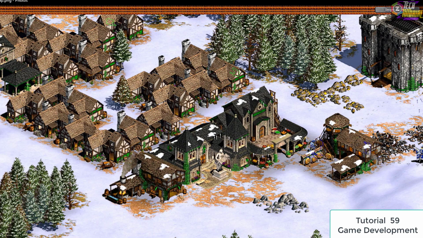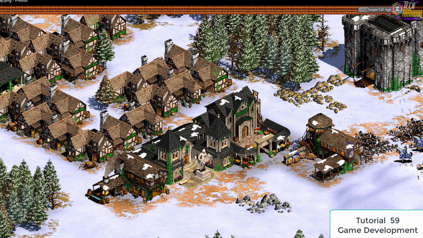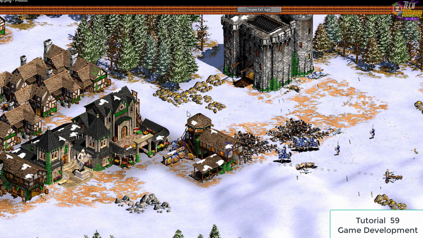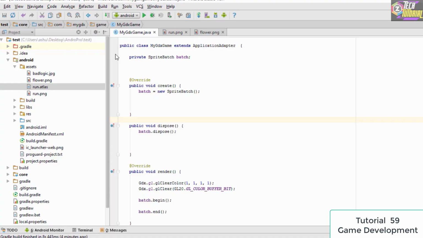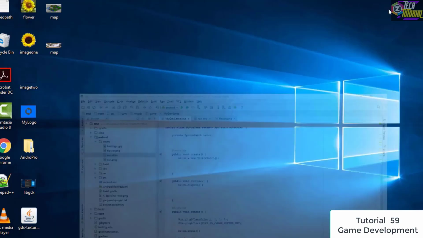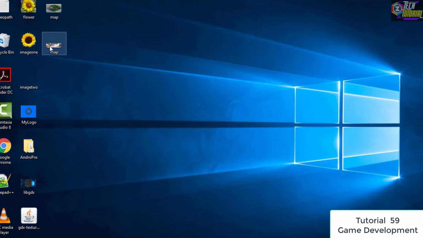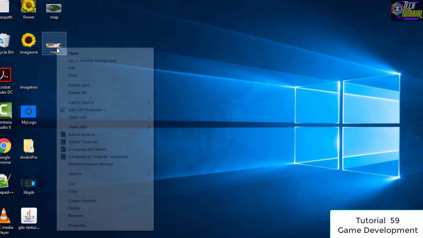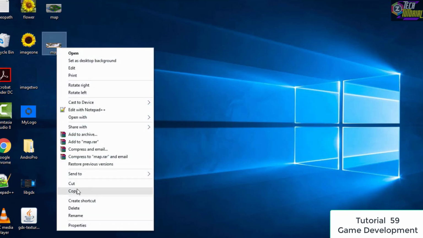The first thing is that we are going to learn how to handle the user input, and the second thing which we are going to learn is how we could use this view so that the user could view, zoom in and zoom out. So the first thing which you need to do is that you need to take that image into our project. In order to do that, we simply right click on the image, then click copy,